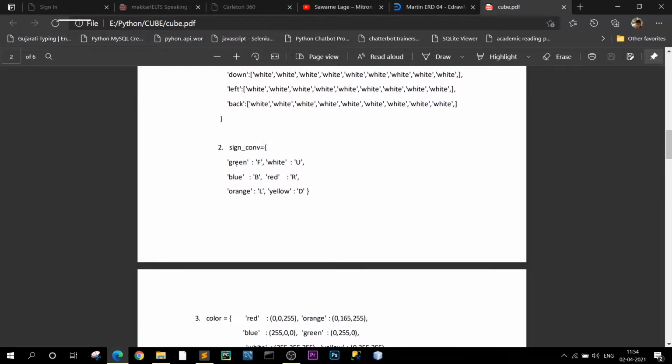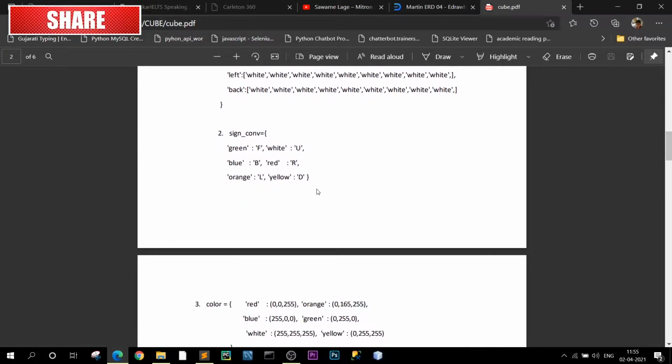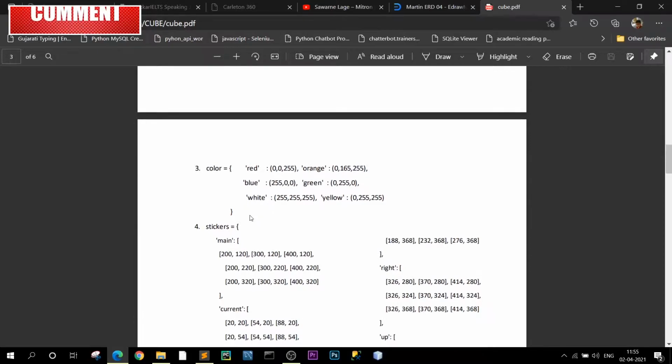So it requires the front side to be green, so your center square should be green while you are detecting the cube, and your upside should have white in the center, and likewise back should have blue, right side should have red, and so on. So whenever a user detects the cube, we have to cross verify that it's in that manner or not.